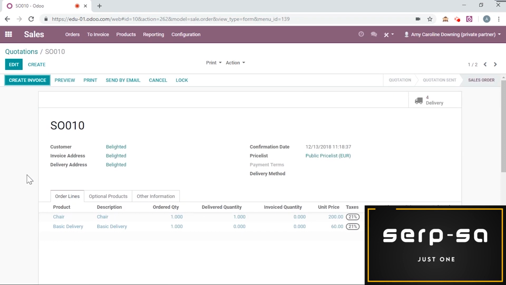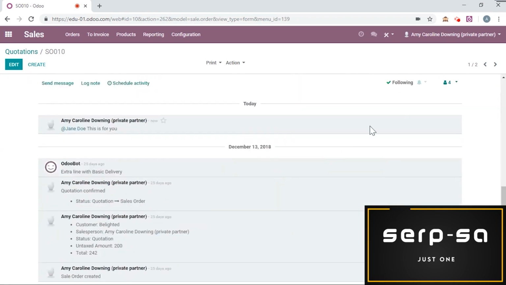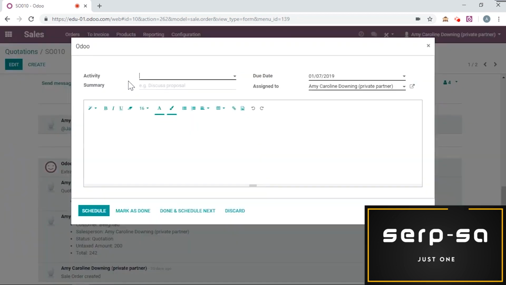And she will then get a notification on this document, and she will also be a follower of the document as well, so she can see the history and how the document progresses. I can also schedule an activity. I can say that I need to call this client,